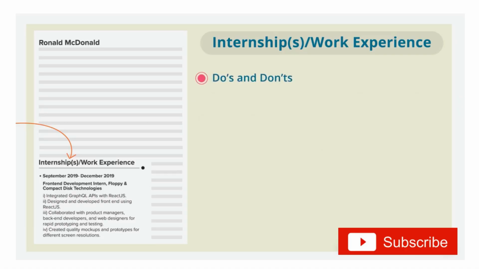What are the things that you should keep in mind for this section? Like education, this section can also be written in reverse chronological order, which means you can mention the most recent internship in the front. But that's not always mandatory. You can always customize this section based on the profile of the internship or the job that you are applying for. For example, let's say if you have done 2 internships, one management and one technical. Now, if you are applying for a technical job, mention the technical internship first, since it has more relevance to this particular job. Or, if you are applying for a management job or a non-technical job, mention the management internship first.